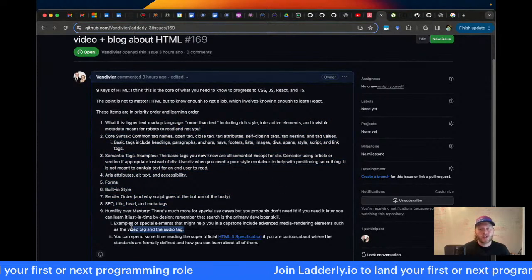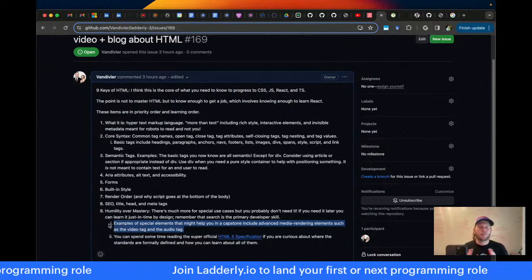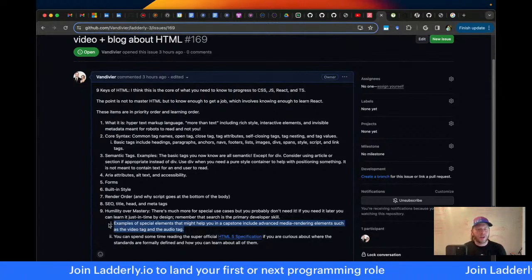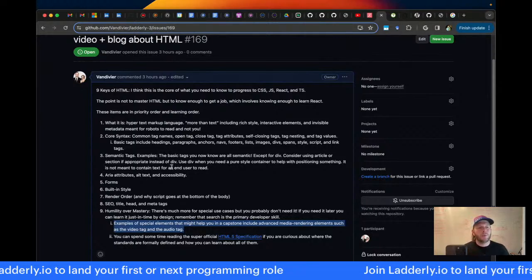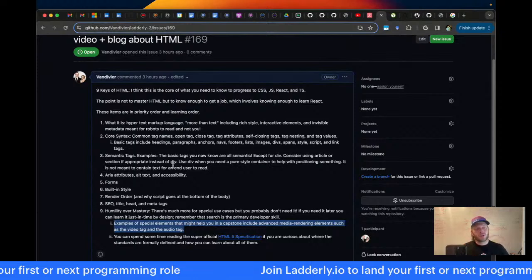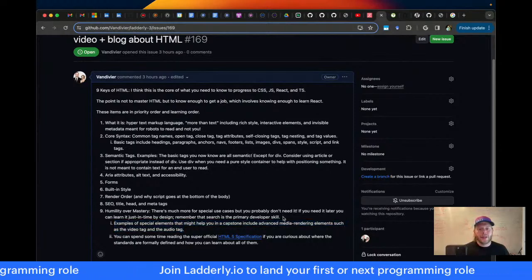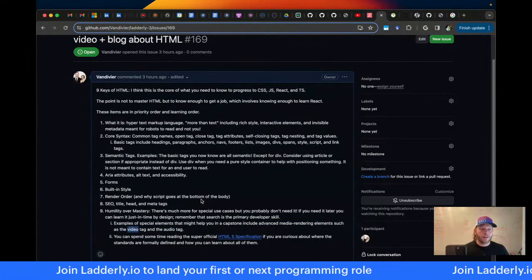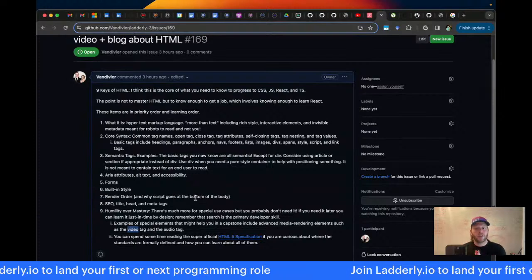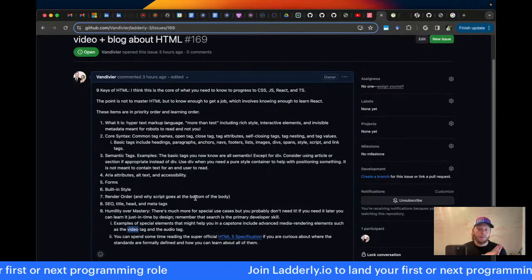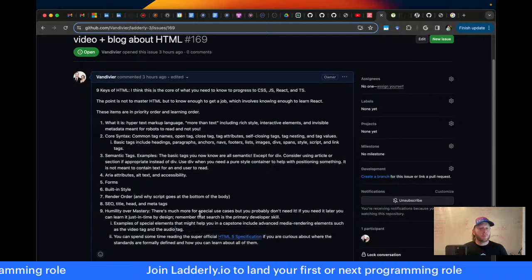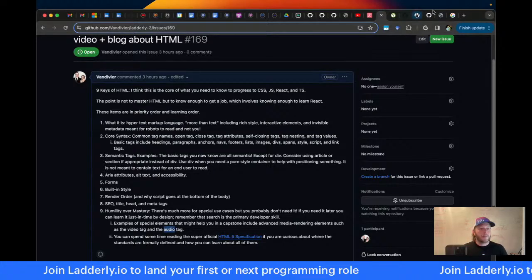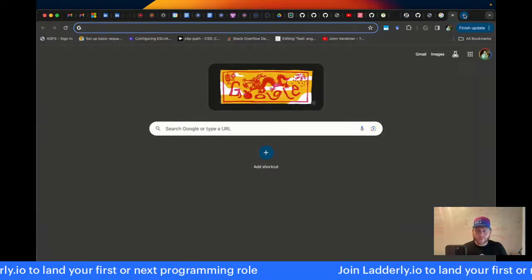And in fact, I'll give you a couple examples. Basically, they're going to be specialty tags. You're not going to see them very often. But here's a couple that you might want to use even in your own capstone project later on. Media rendering elements like a video tag. So if you want to embed video in your website, there's a special HTML tag for that. If you want an audio player, if you want to upload a song and play a song,